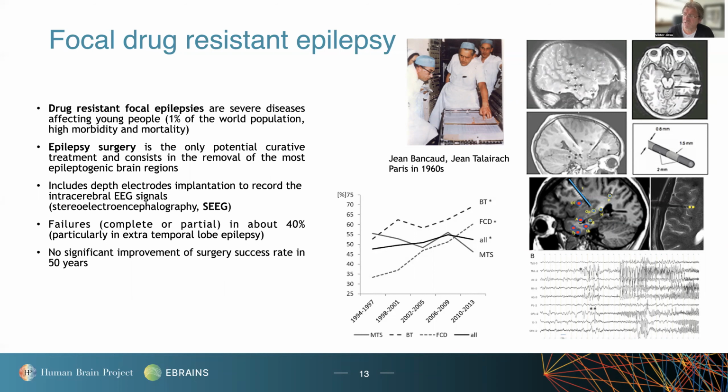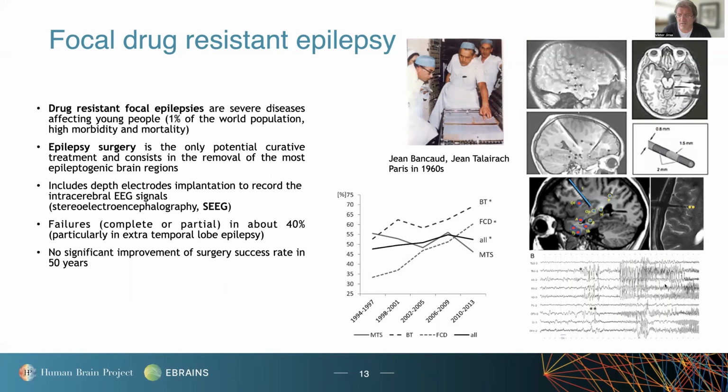So brain surgery is the second best next option. And for this, you have to explore the brain's activity organization before, during, and after a seizure. One way of doing this is with invasive electrodes, so-called stereotactic EEG, because they enter into the volume. They're not just on the surface, but they actually enter into the volume, hence stereotactic, which allows you to go also to deeper structures, subcortical structures, which are often implied, and then record this type of activity,